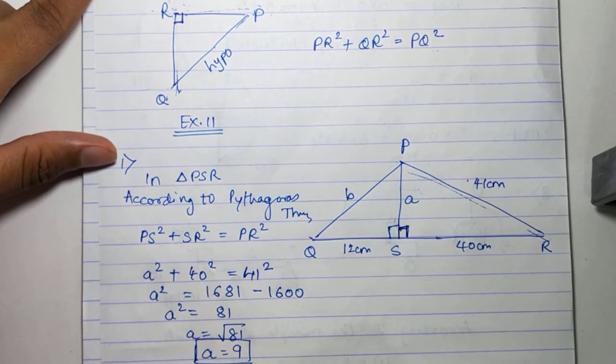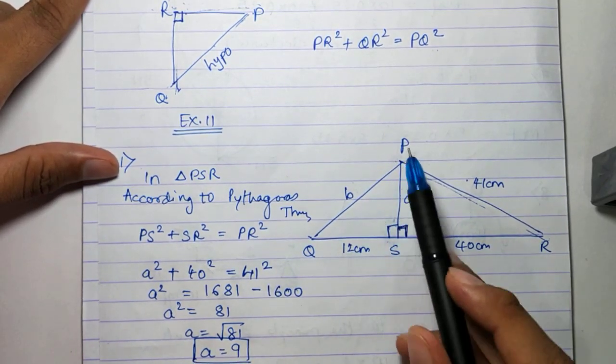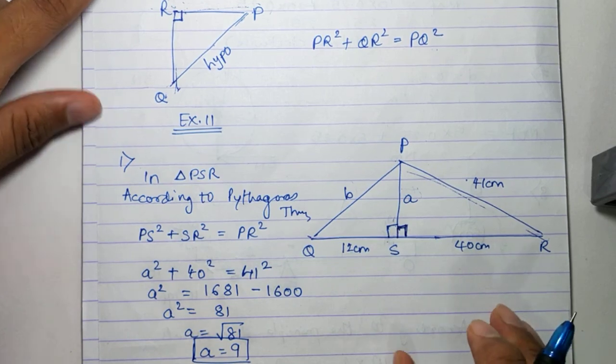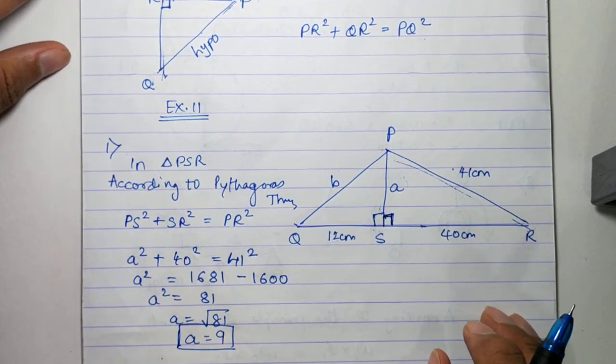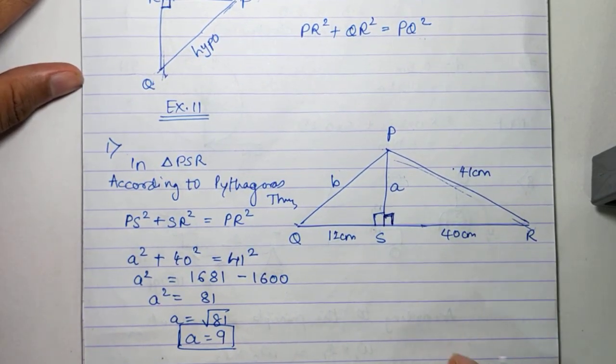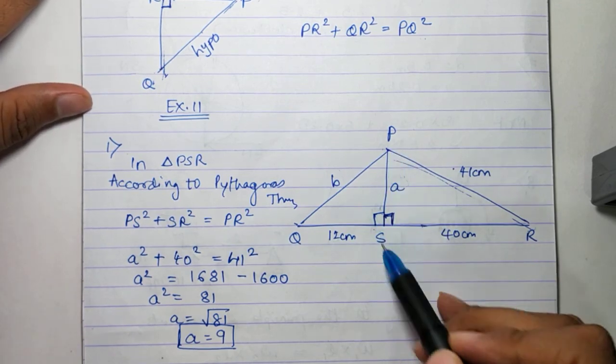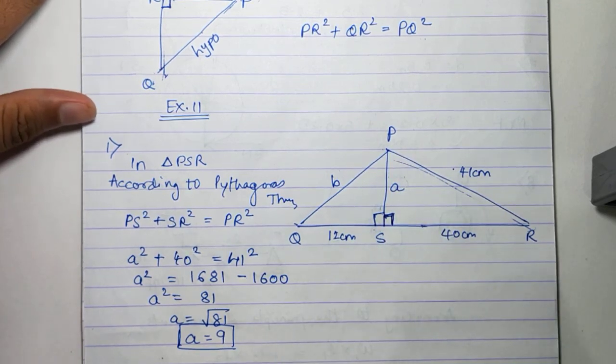I have not written plus minus 9 because a side cannot be negative, so I wrote only plus 9. When do you write plus minus? When, in an expansion, both values are possible. But the value of a side can never be negative, so you only write the plus value.